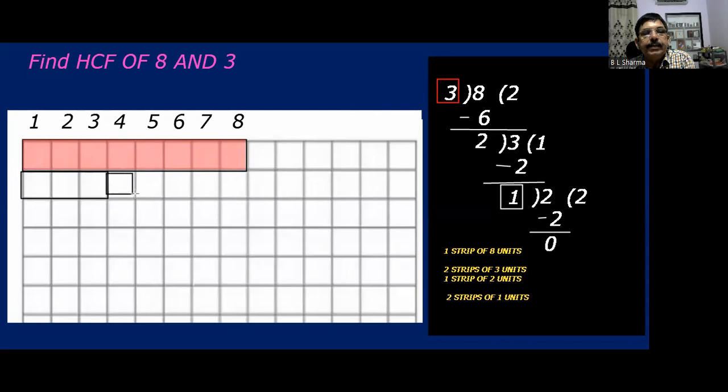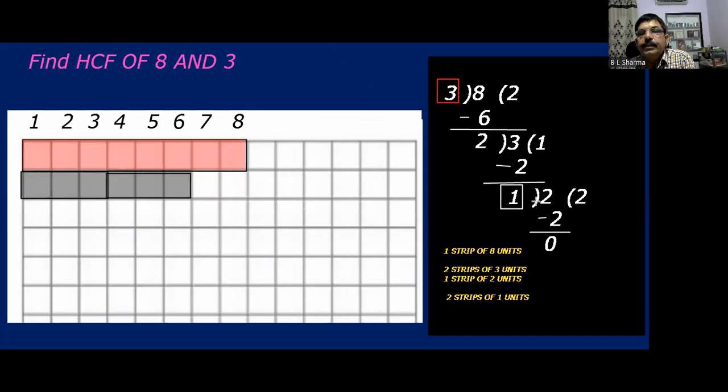And second, you can do like this. So these are 2 strips of 3 units, but still the remainder is 2 units. ये जो आपका है ये आपके पास रिमाइंडर है 2 units का. इसको भी कोई एक आप कलर कर दीजिएगा. You can color it. देखिए